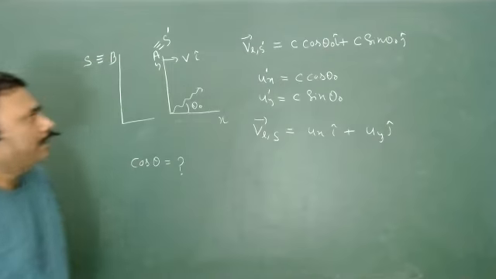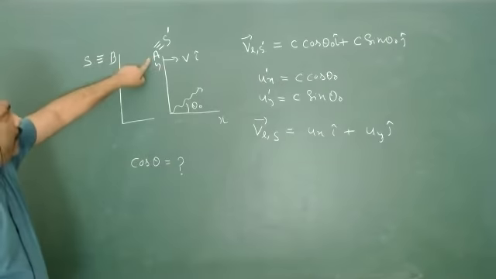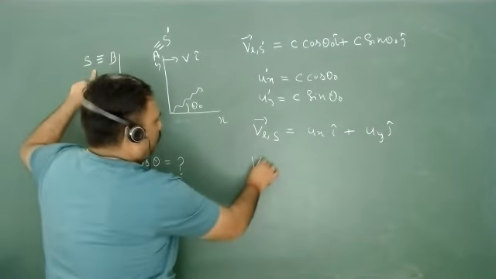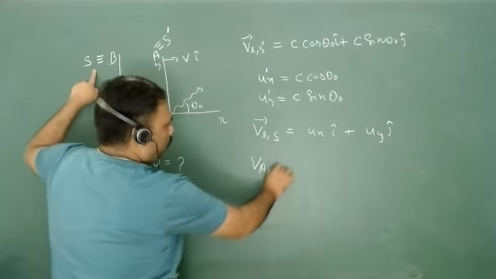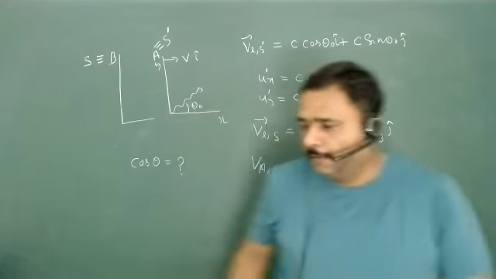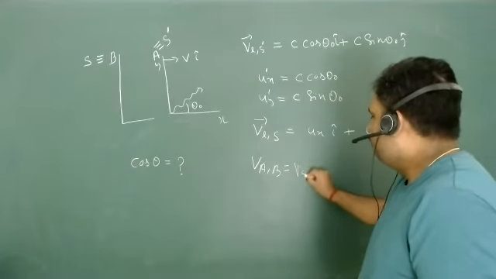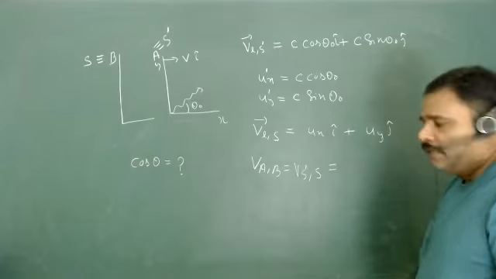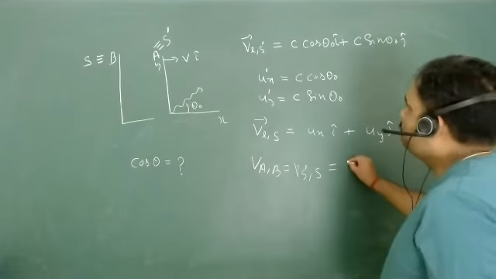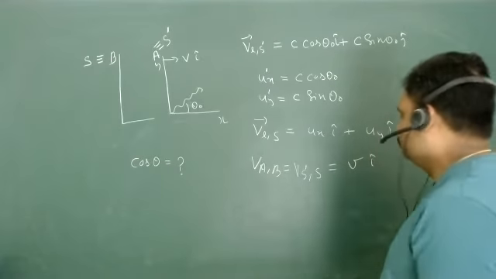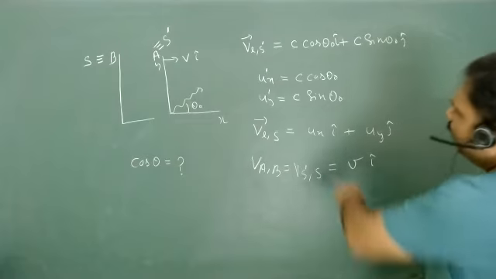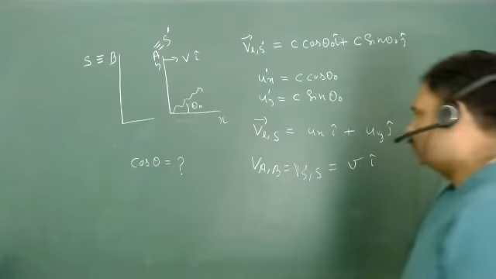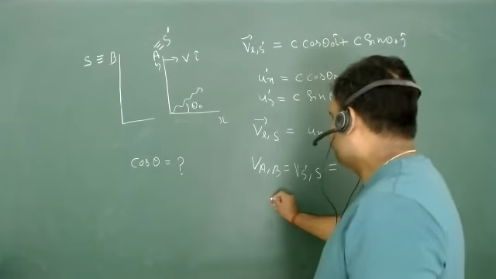Yes, I can write it. The velocity of A with respect to B is actually the velocity of S dash with respect to S. Can I write this in a very nice way? So what is this thing? This thing is V in the I cap direction. Yes, we can write it. So can I get what is my Ux and what is my Uy? I can easily use the concept of relative speed from the Lorentz transformation.